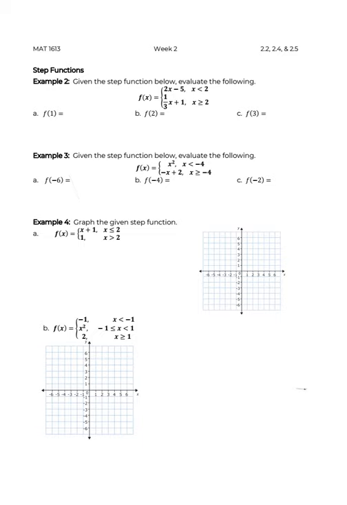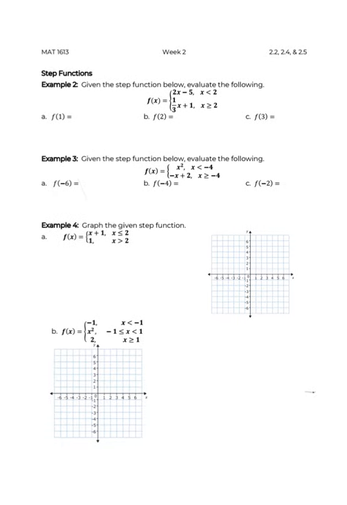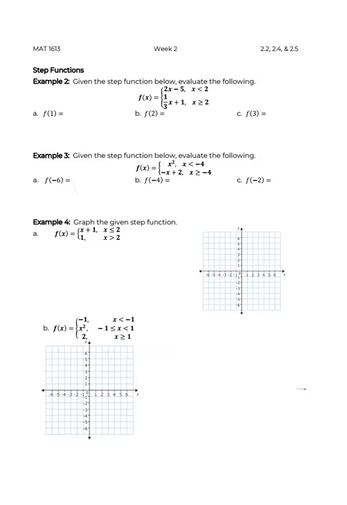So right here, when we're evaluating f of 1, 1 is less than 2. So you need to plug 1 into the 2x minus 5. Okay, and that's how you would evaluate that. When you're doing f of 3, you have that 1/3 x plus 3 that you're using. So 1/3,